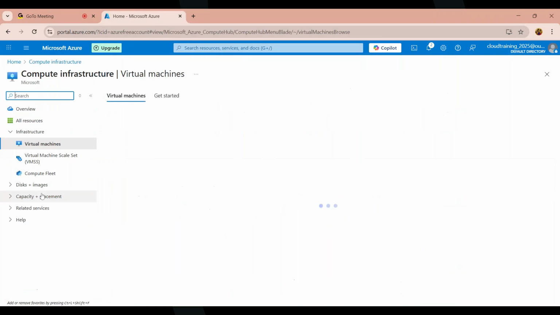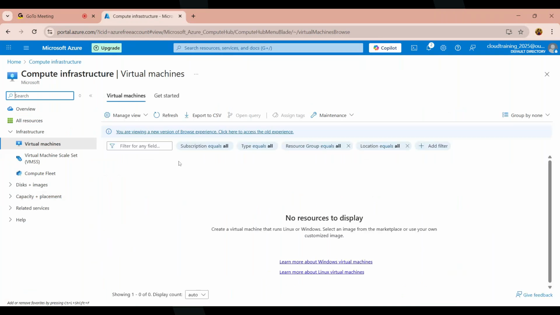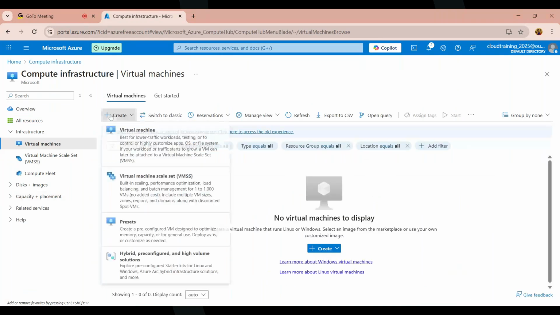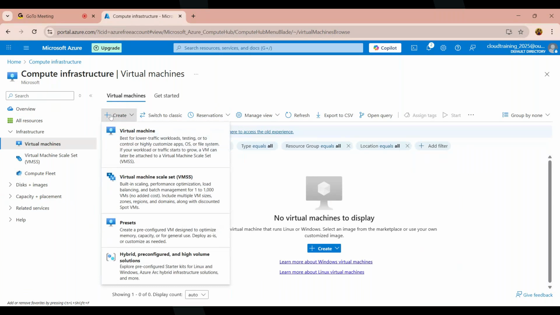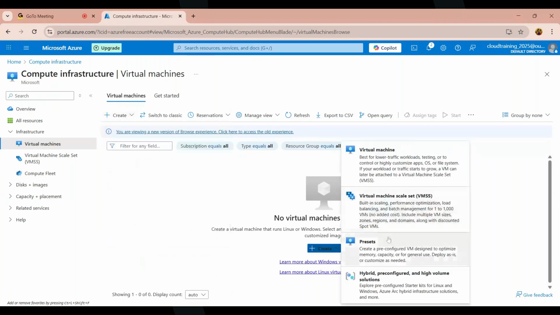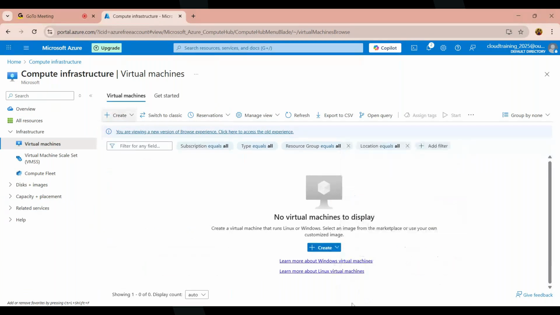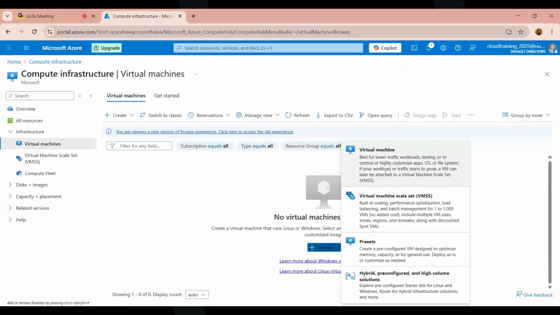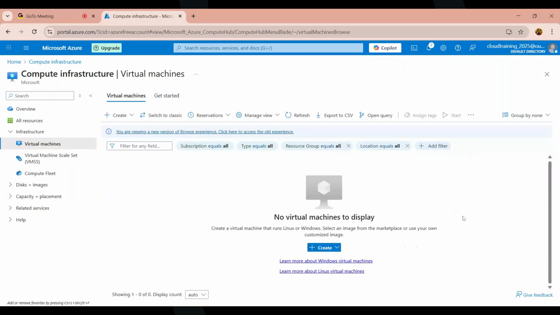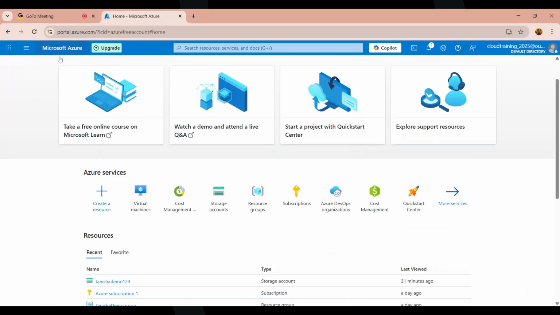If you click on virtual machines, we can create a virtual machine. It is just asking because so far I haven't created any. That's the reason. Best for lower traffic. Okay, and if you go to the storage account,